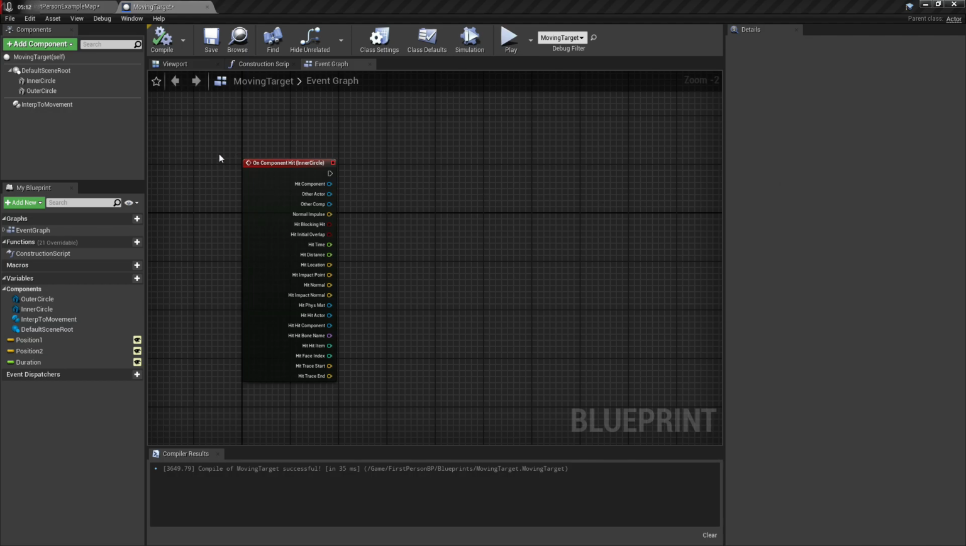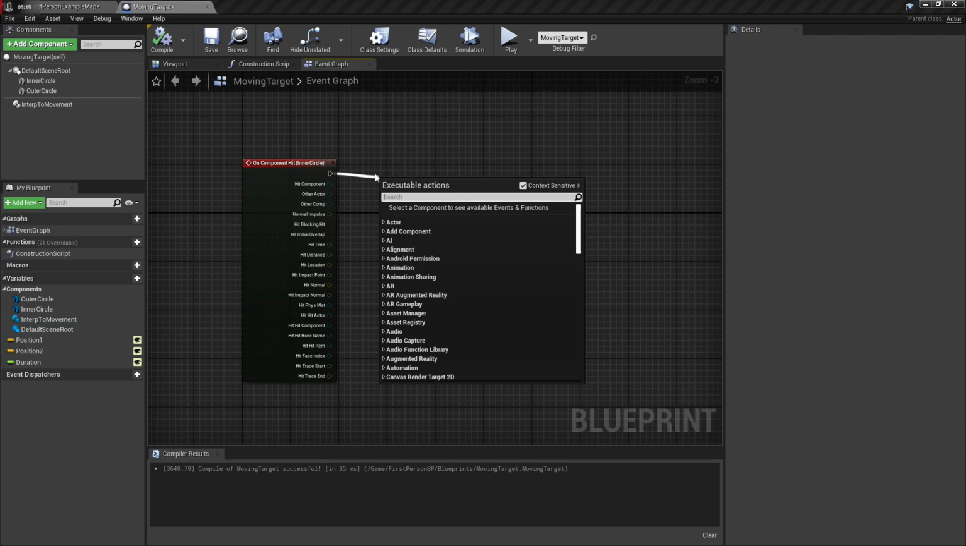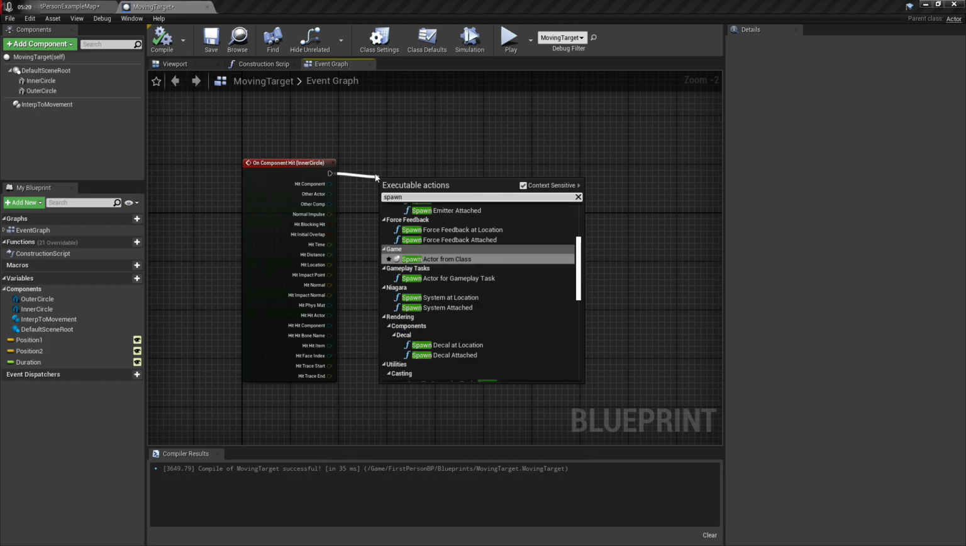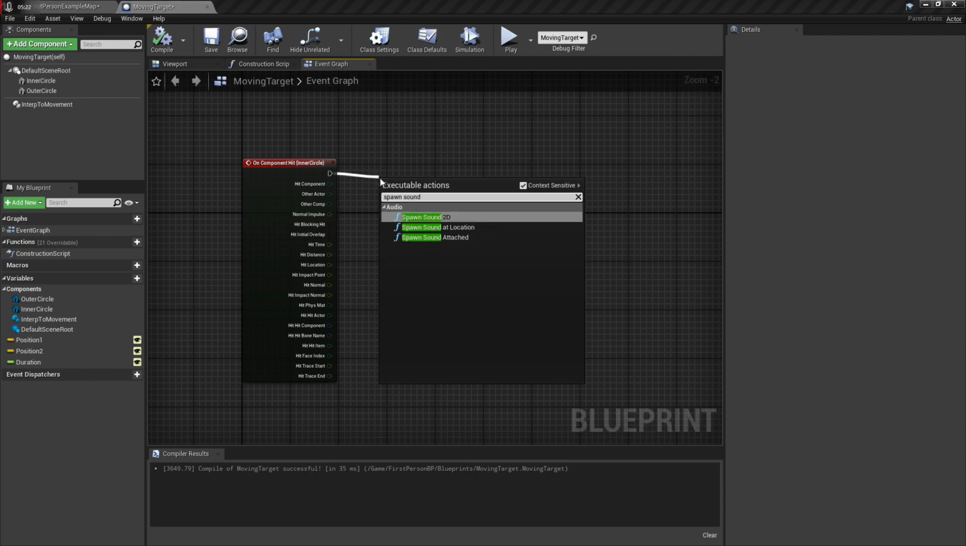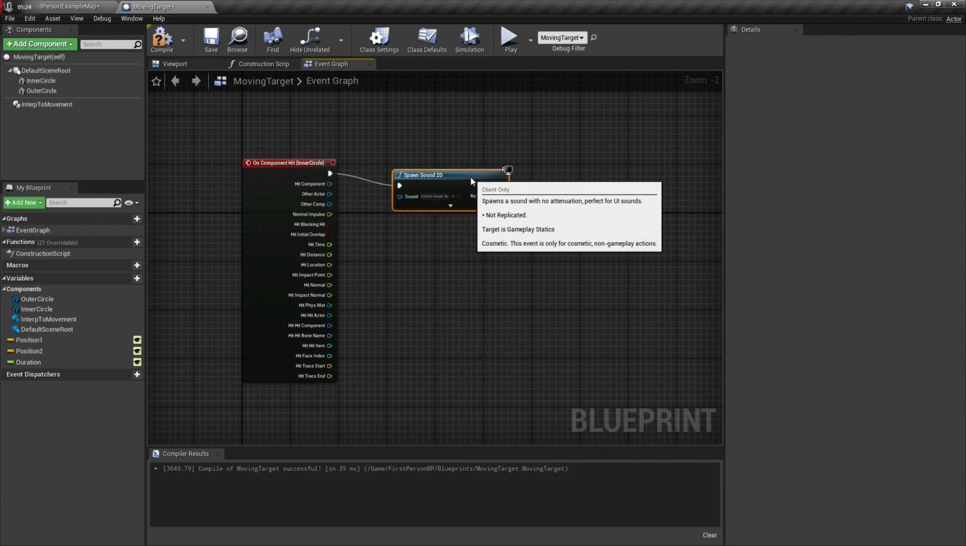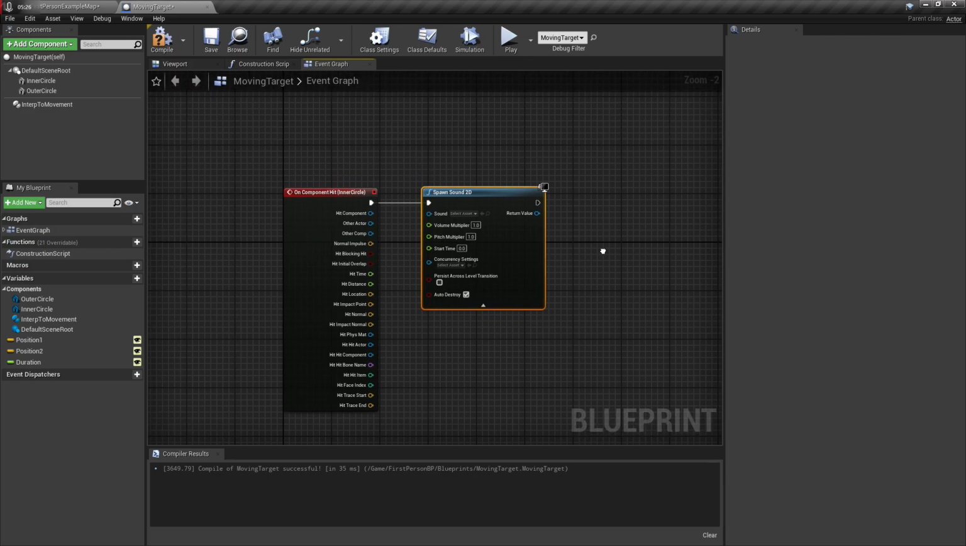The first thing that we'll want to do when we actually hit our target is going to be to spawn some sound. So in order to do this, we can go spawn sound 2D. And for now,